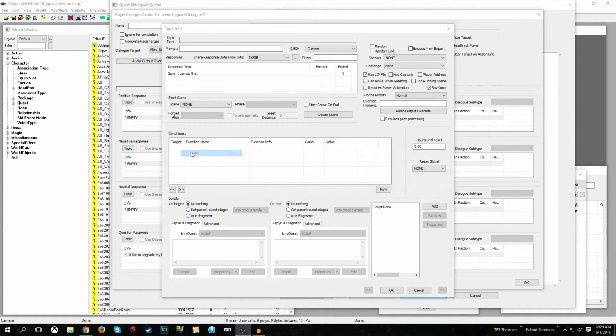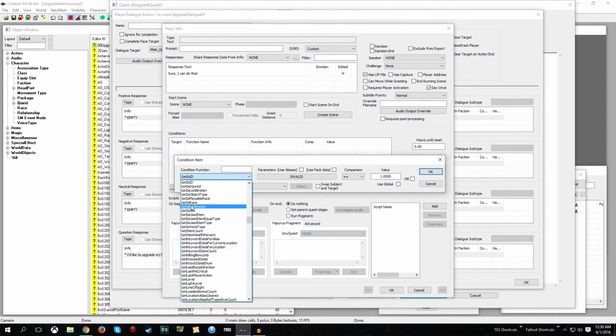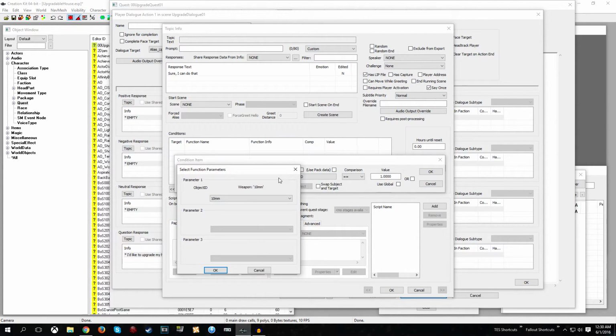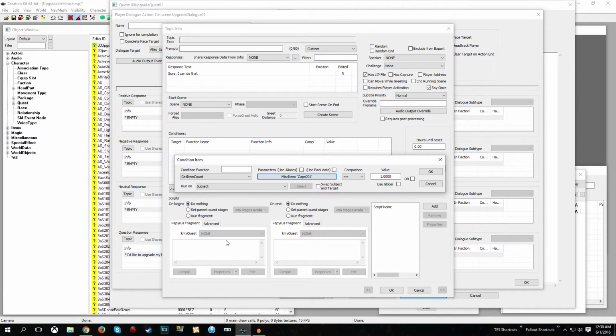So under conditions, right click new, and this is going to check to see if the player can actually afford it. Now I'm going to make the player pay caps. You can make them pay celery or carrots or whatever. It's up to you. But what you want to do for the condition function is have get item count, and then the parameters, what you're checking on. So if you wanted him to pay 1,000 10mm bullets, you'd select 10mm. However, I'm going to select caps 001, click OK,